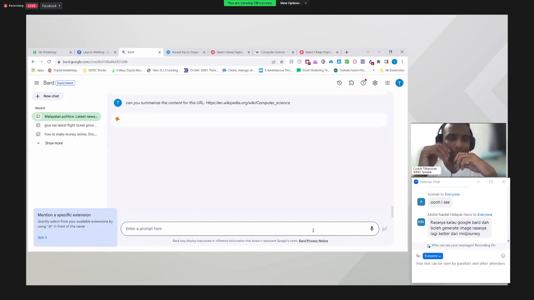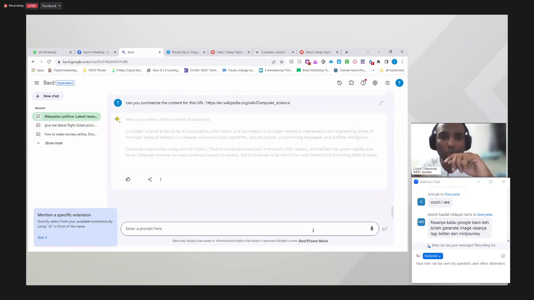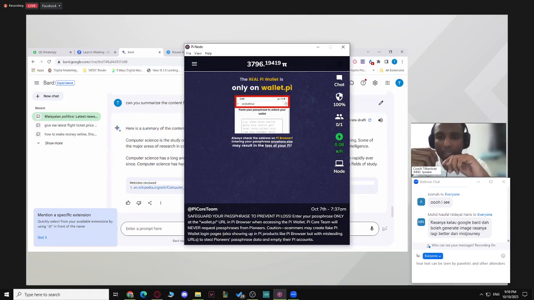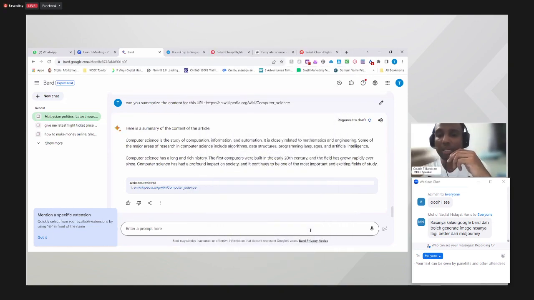So for anyone who opens a website with a very long article and is too lazy to read, or has no time to read, you can use this feature. This feature in Google Bard gives a very short summary so you understand the entire article. If the article takes 5 minutes to read, by using this tool, in less than a minute you can already understand the content. And if the article is interesting, you go in and study. This is what I mentioned about productivity. You see the impact here.